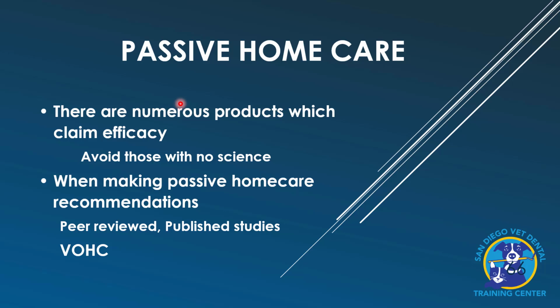The thing about it is, there are a lot of products out there with claimed efficacy, lots of them. If you go online, you're going to find a bunch of products. You go to the pet store, you're going to find tons of products. Go to the major conferences, you're going to find lots of different companies that claim efficacy. If you look at the research, there's zero scientific evidence that they do anything for most of these products. So if you look them up and there are no studies or white papers or something,